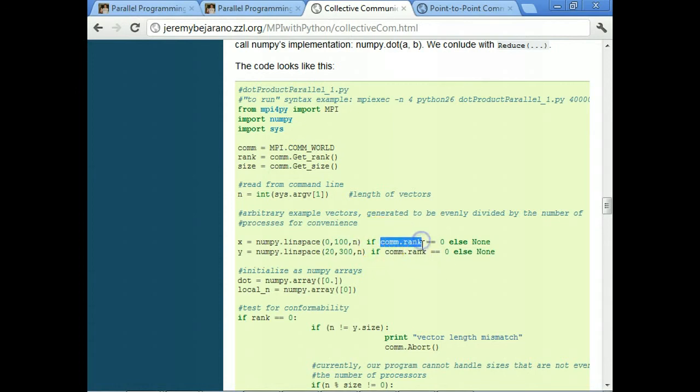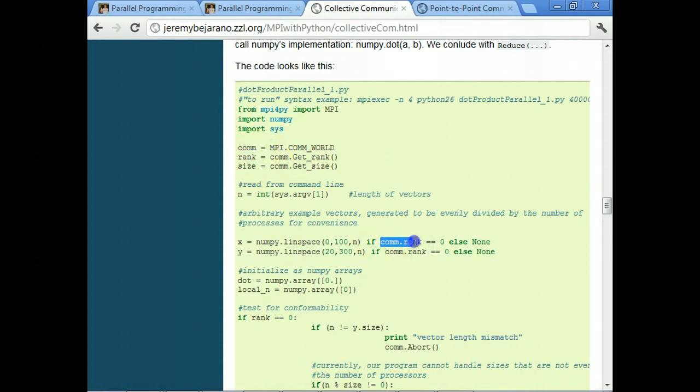I should change this. I was trying to avoid this, but this rank here is being treated as an attribute of the communicator, which we can do in the object-oriented way of MPI or mpi4py. But till now I've been trying to mimic the way that you would program this in C, and so you wouldn't have attributes like this, and I'd have to save it into rank.